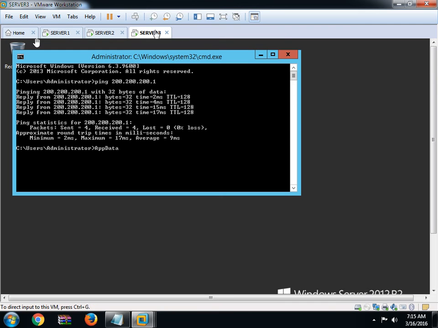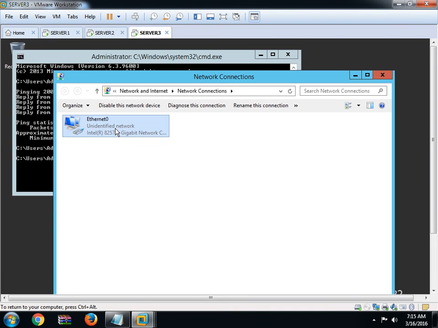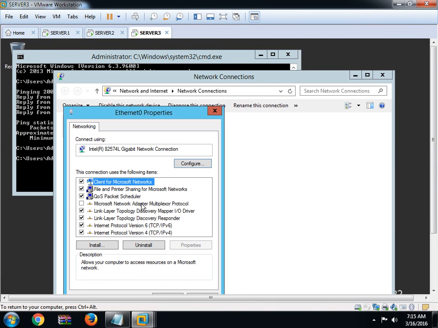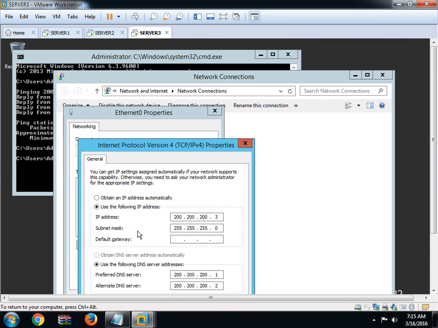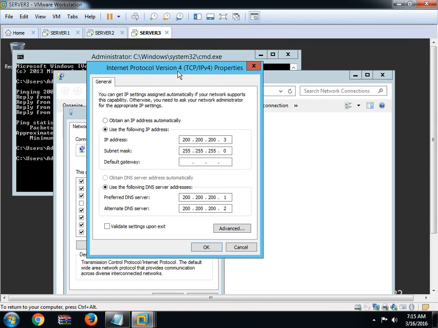Now it's installing Server 3. Check IP, ncpa.cpl, properties, version 4. This is Server 3. Take IP.